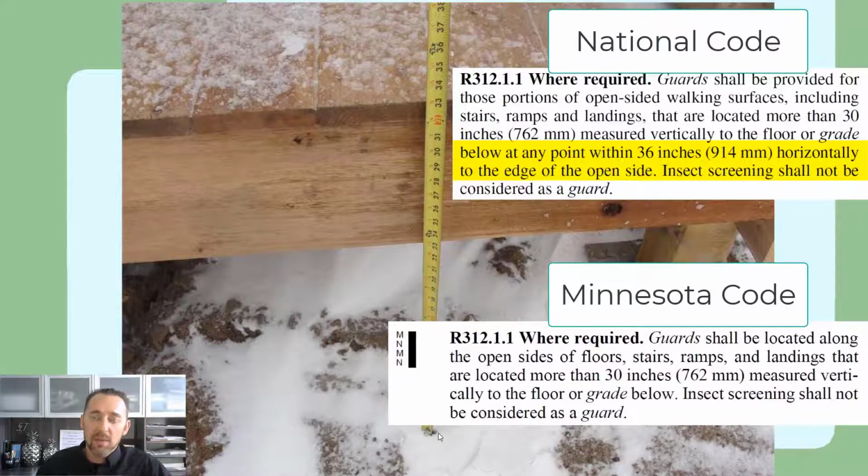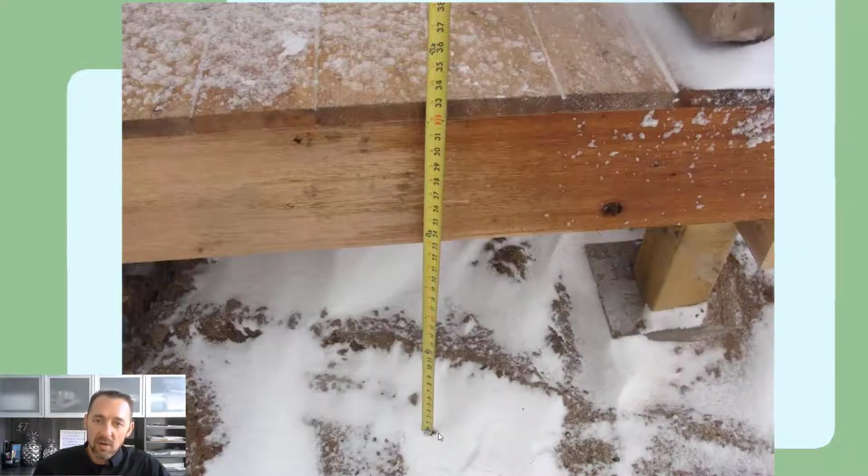So even with that, in this particular case, if we measure straight down, it actually is more than a 30-inch fall, so there should be a guard. On the other hand, the grading is not finished. And once the weather's nicer, the builder will surely come back out and they'll finish the grading. They'll bring it up a little bit and make it a nice, safe 29 7/8 inch. Now, I'm being a little tongue-in-cheek when I say this is nice and safe. That's what it's going to be. It's going to be really close to 30 inches, but it'll be just under so that they won't have to